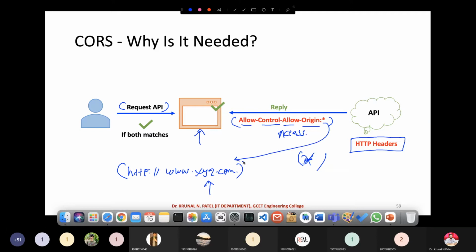But here, star means any domain, any other domain. So you can access your data from any domain. This particular thing you have to set, and it is known as the HTTP headers.